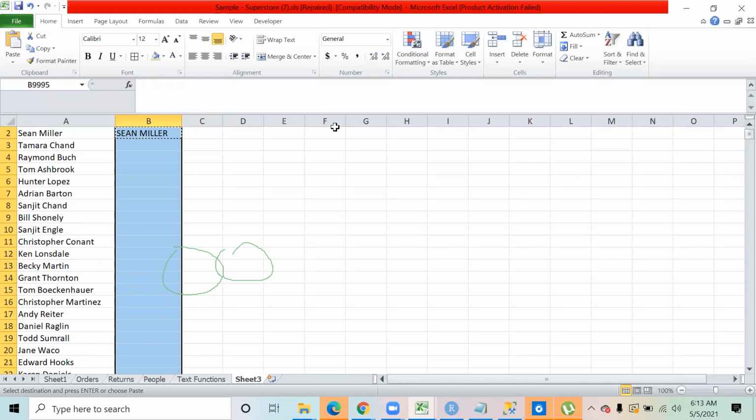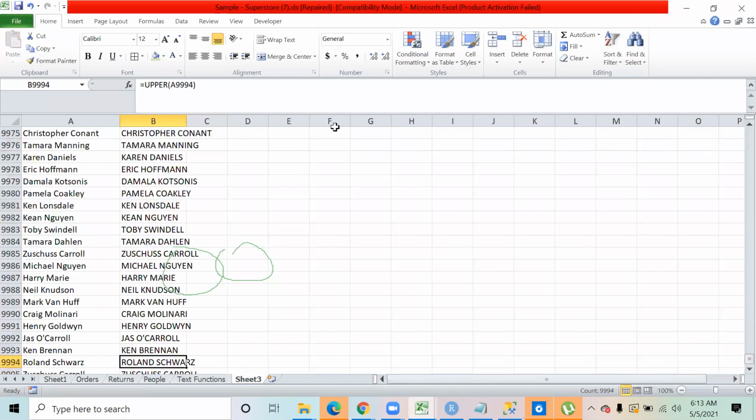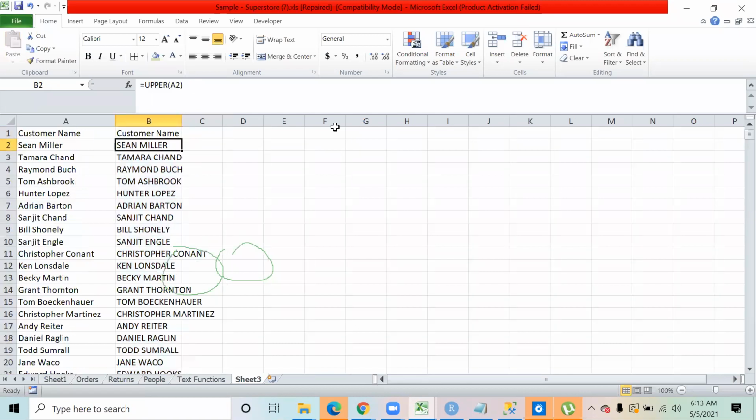You can press Control V or you can press Control D. Control D means duplicate the values on the downside. If you press Control D, you are going to get the same result. Control D means whatever value you have in this cell, you want to paste it down. That is called Control D. For example, if I have written Amit over here, I select it, and if I press Control D, I get Amit everywhere.